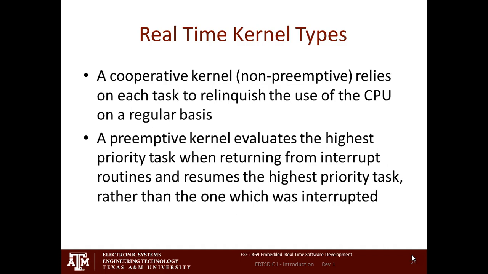So 1,000 times a second, this timer interrupt goes off and gives control back to the kernel, and the kernel says, which tasks do I have that are ready to run, and which ones are the highest priority? And instead of returning to whichever task it interrupted, it returns to the next highest priority task to run. Which means that even if you get a task that's hogging, as long as he's not the highest priority task in the system, other tasks will get a chance to run. So a preemptive kernel is always a better plan, and almost any commercial or most open source kernels that are vetted by the community tend to be